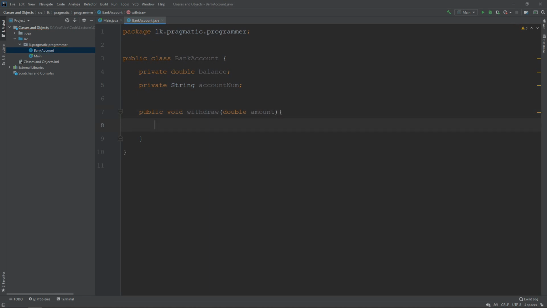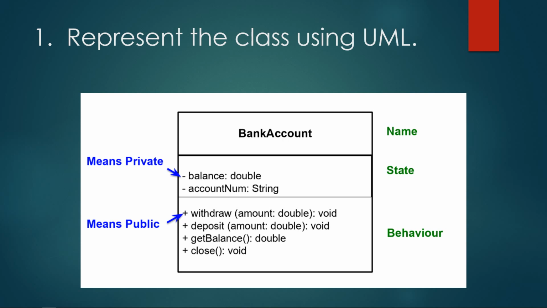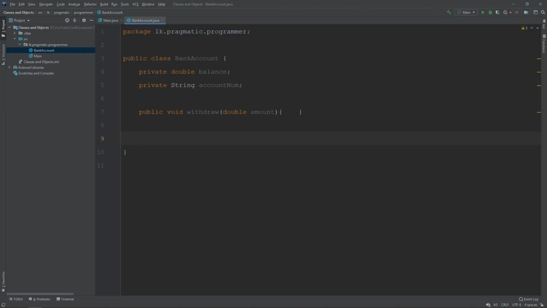Let's not provide any implementation yet for now. Let's define the next method. The next method is public void deposit double amount.